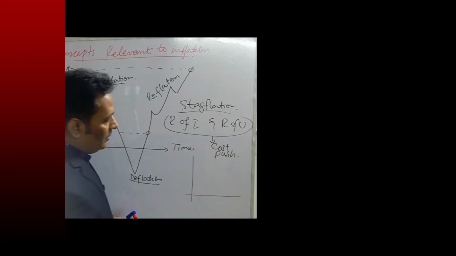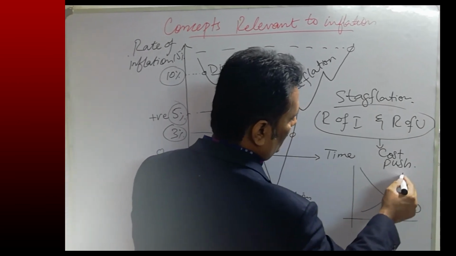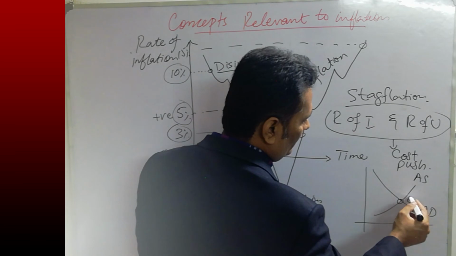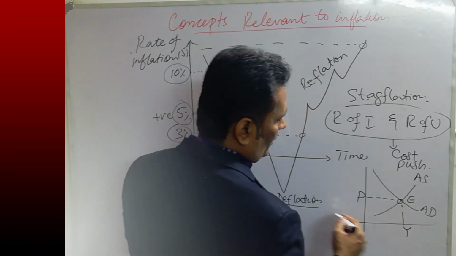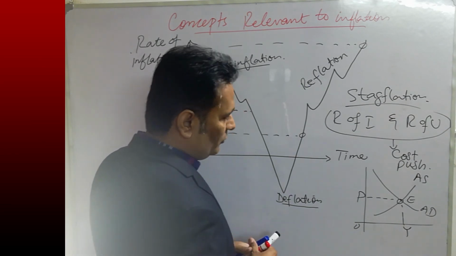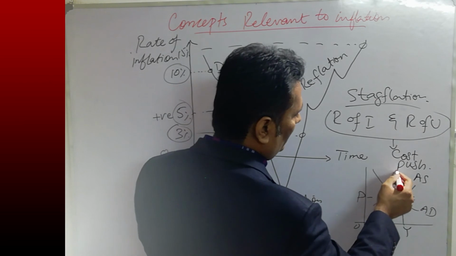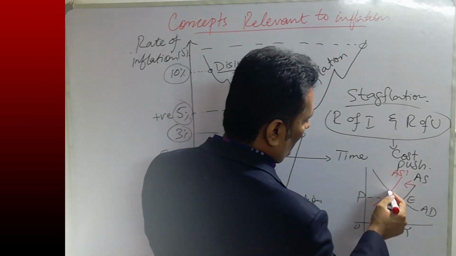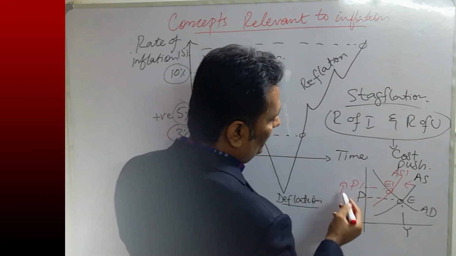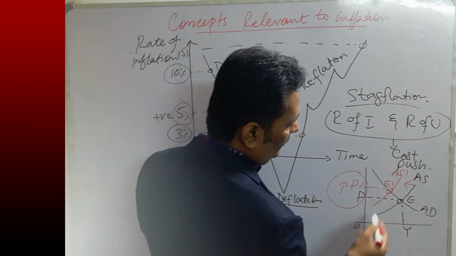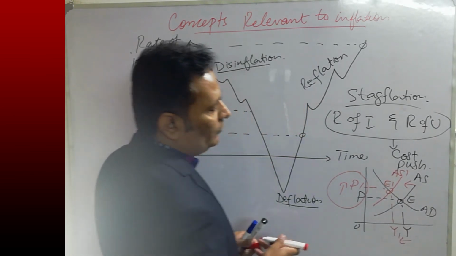For example, in case of cost push inflation, let's say this is aggregate demand and this is aggregate supply. Equilibrium is at point E where the price level is P and real GDP is Y. Now if there is a rise in the cost of production, then the aggregate supply curve will shift to the left and the new aggregate supply curve is AS1, and as a result the equilibrium will shift to E1 where the price level will rise to P1 and it will cause inflation, and real GDP will fall to Y1